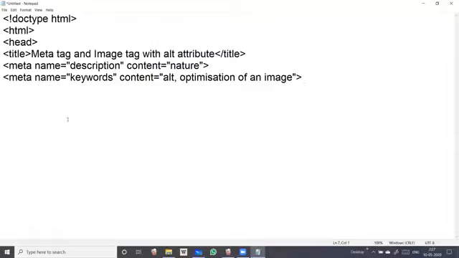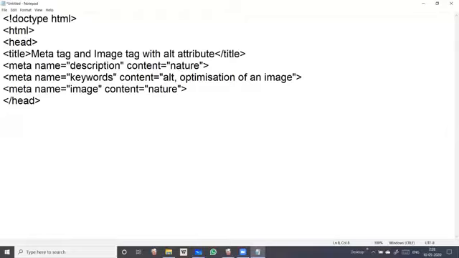Okay, this is your meta, equal to image, according to the image or according to the record. Now close the head. This meta tag is included in head.